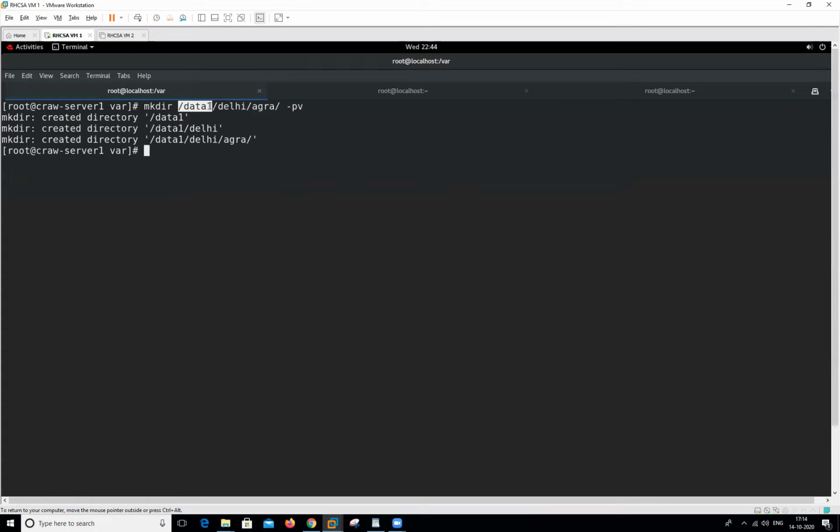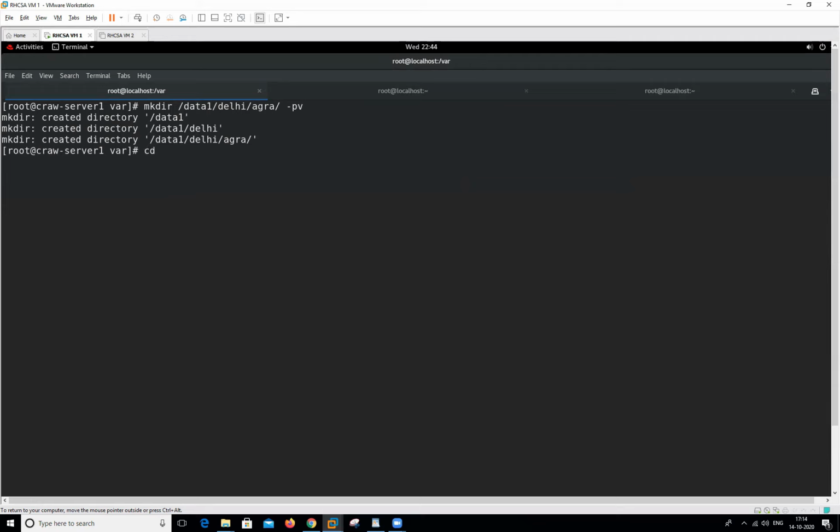Because I do not have this particular directory, it will automatically create this one and this one. So this is the concept to create the directories at the same time. It will create the parent directory first, then the child, then again the child.